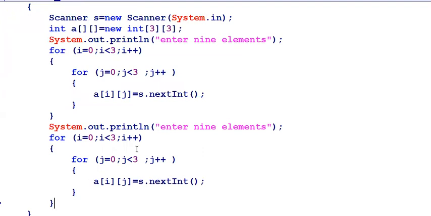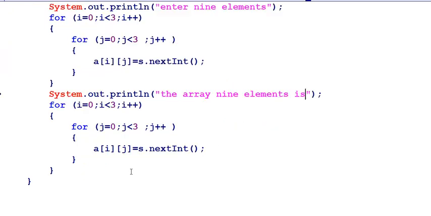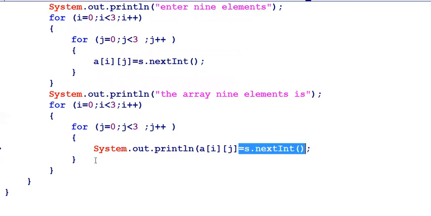So for the two loops, there are 9 array elements. I would like to print them row-wise and column-wise. Here I can use System.out.println to print the positions, and I can add some space to it.